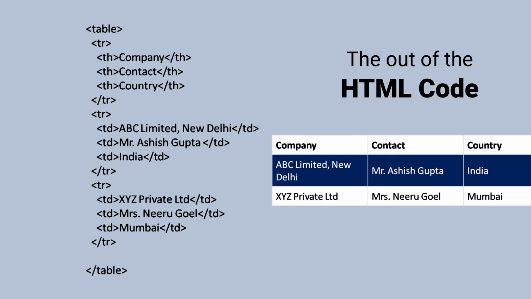Okay, here there is a minor error, like company, contact, country. The person has given ABC, it appears here, and contact appears here, and country appears here. If you go to the next value, private limited, it appears here, Neeru Goyal appears here as the contact person, and country is typed as Mumbai. So there is a typo in the code, and the same thing is reflected in the HTML output. But our aim is to explain how the rows and columns appear in the output. So now you can see here.